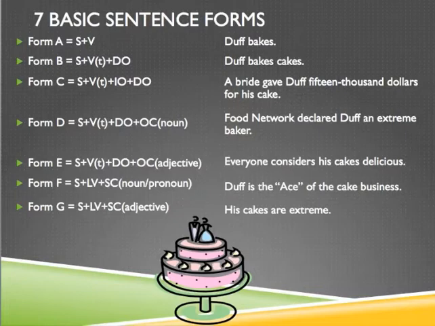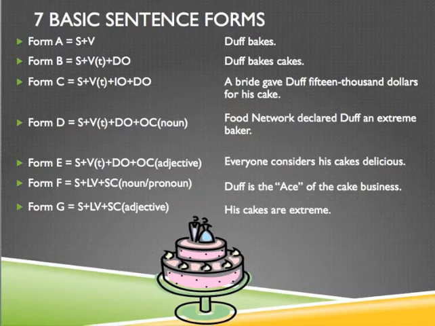So first of all, we start off with a Form A sentence, which is basically just a subject and a verb. An example of this sentence form, I use the Food Network because I really like the Food Network a lot. Duff bakes. There you have a simple subject and a simple verb. For the Form B sentence, here we have a subject plus a verb that's transitive plus a direct object. Duff bakes cakes. Form C sentences, you have a subject plus a verb that's transitive, an indirect object, and a direct object. An example is, a bride gave Duff